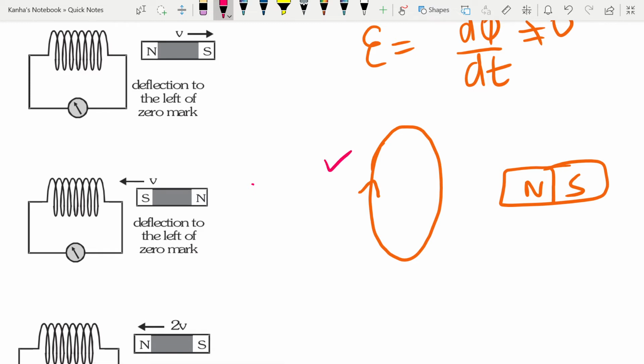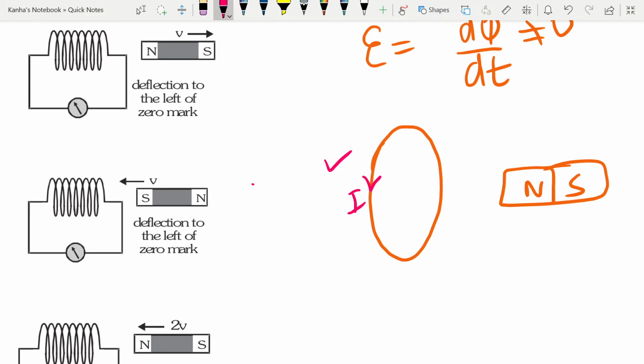So due to this coil, if I assume that the current is in this direction, then if I place my thumb in the direction of current and curl my fingers, I'll see that the magnetic lines due to this are in this direction. They are passing through it, and they are actually in the same direction as if my north pole was coming in towards it. So if my current is in the direction assumed like this, then the number of lines that are entering it increases, so the flux linked with this increases in the same direction. Now let's consider the other case when the current is in the opposite direction.